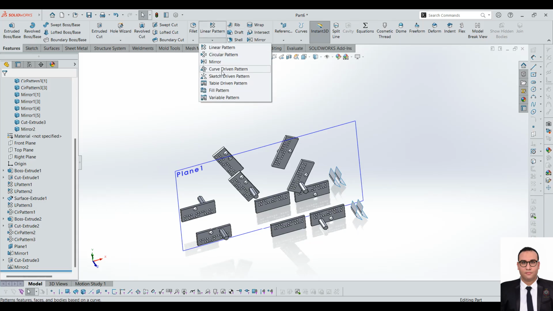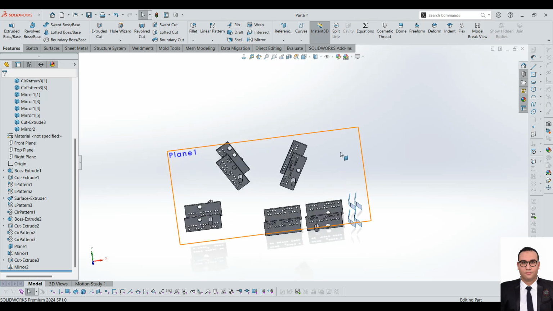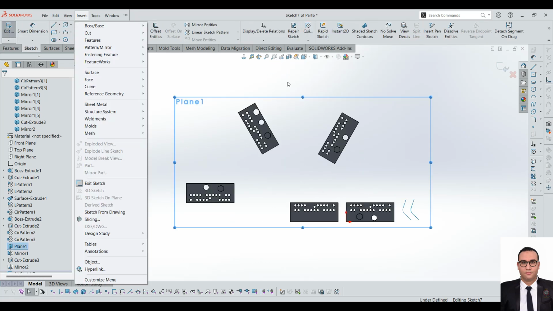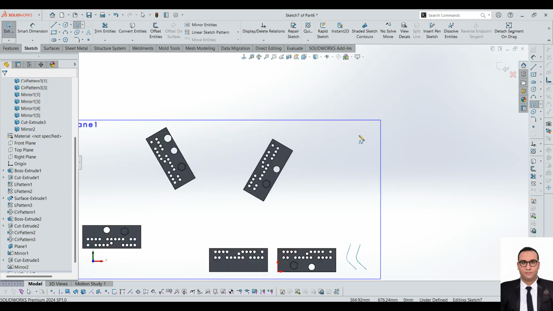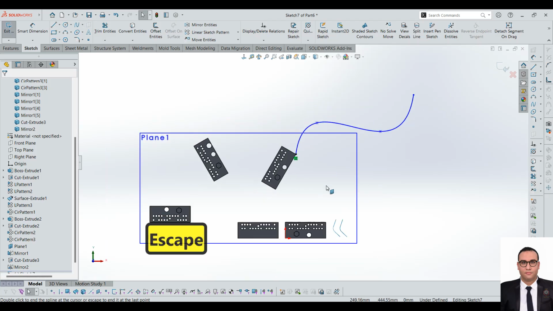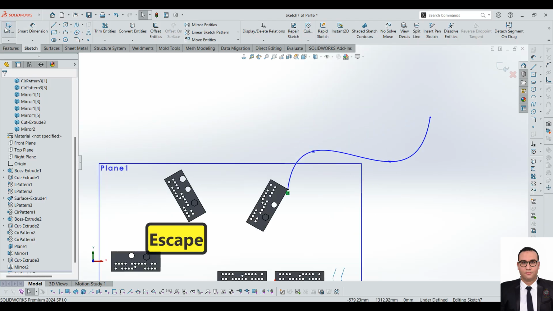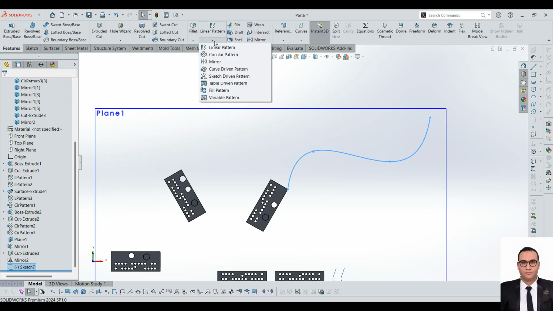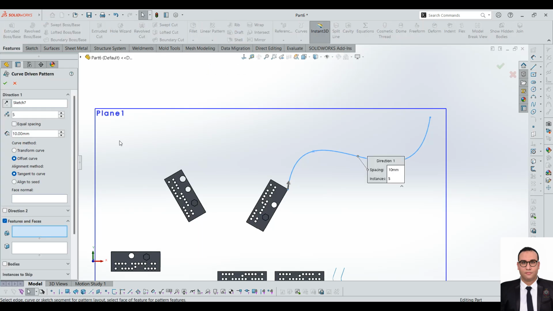We have a curve driven pattern. I'll be showing this one right now, but first we need to create a curve. Let's try doing a simple curve here. Let's take this point, work like this, like this, like this. Simple curve here. And now let's go to this function, curve driven pattern, and here we select the curve,